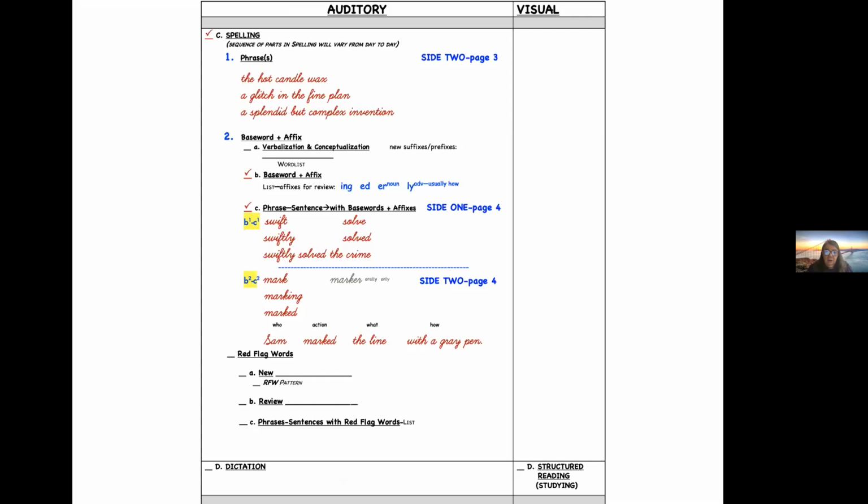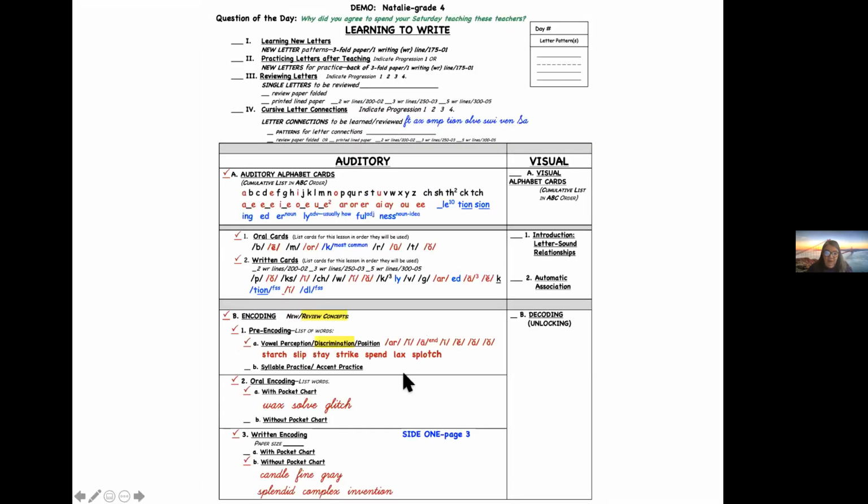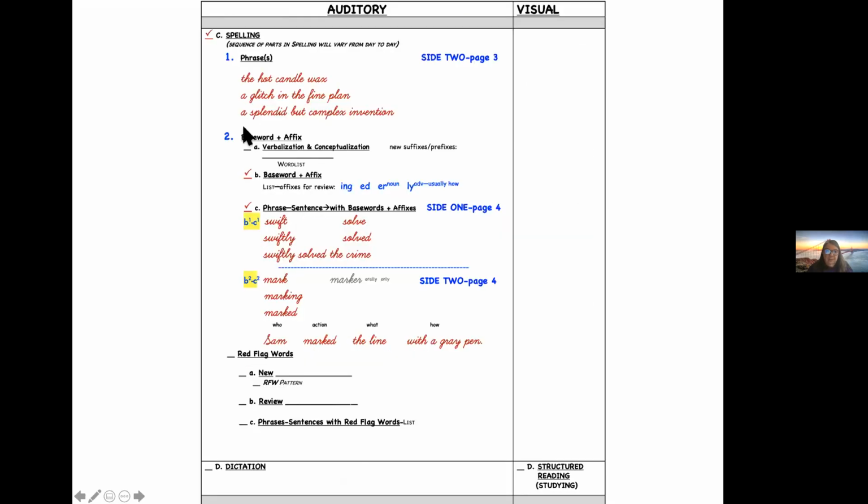And I'm not sure I would do all three of those phrases in the same lesson, because if I did, I might not have time for what comes after it. But I wanted you to see examples of what could be. And then if I already realize, when I'm at this point in my lesson, that if I do these three words and or this phrase, I'm not going to get to any of this.